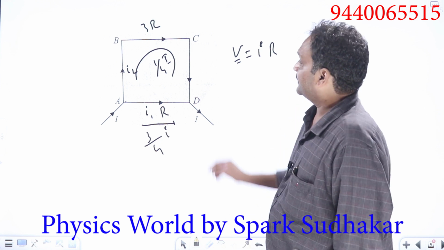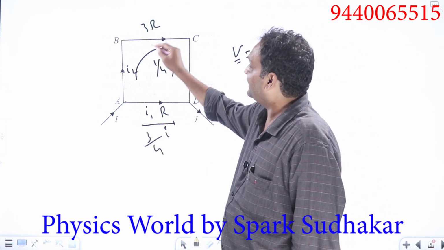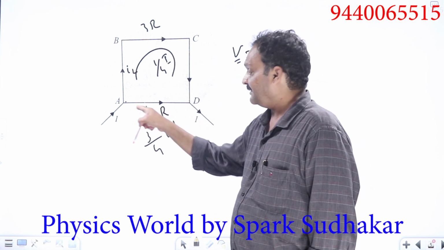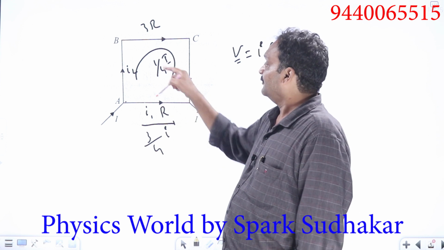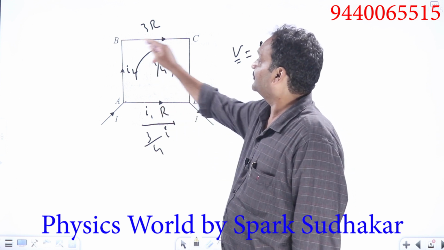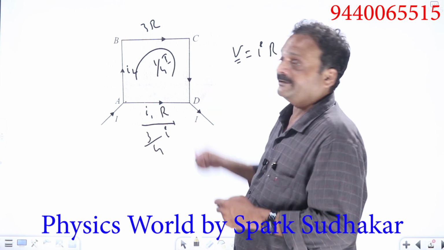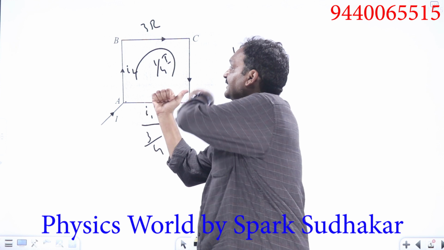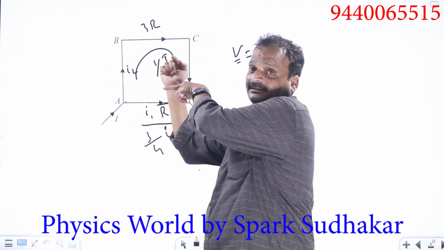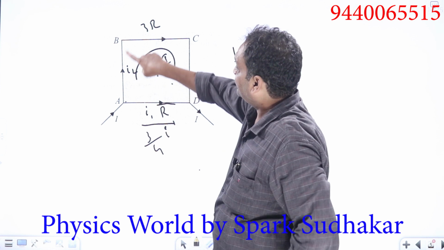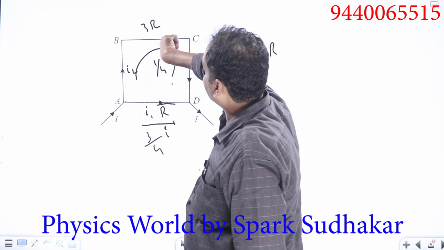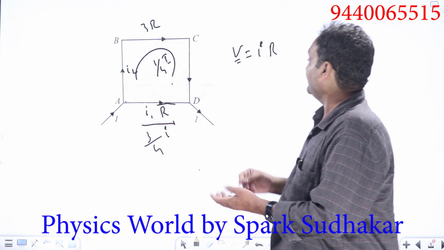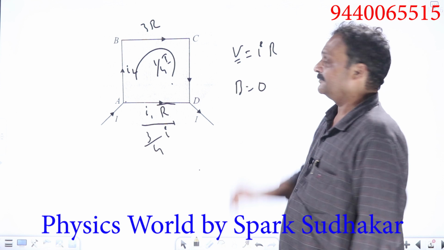So the field due to these three segments, each is contributing only 1/4, 1/4, 1/4, that is 3/4. This one segment is also contributing 3/4. Field due to this segment and field due to these three segments will be equal, but they will be in opposite directions. Why? The current here is like this. The magnetic field due to this segment will come out of the board, whereas in these three segments the magnetic field is pointing into the board. Both are equal and opposite, such that the resultant field B at the center is equal to 0.